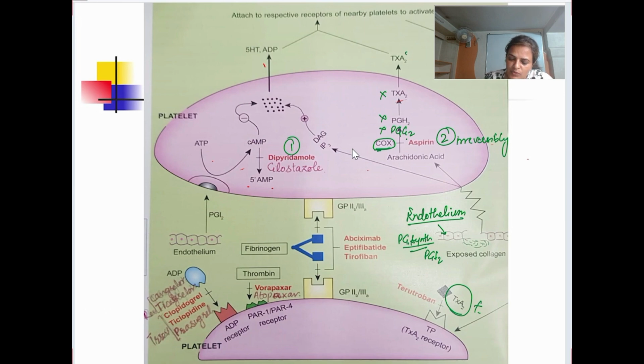This is aggregatory, and this inhibits the aggregation. I stands for inhibitor, and here we write PGI2; this is going to inhibit the aggregation. Now if you give aspirin, it is going to inhibit this COX